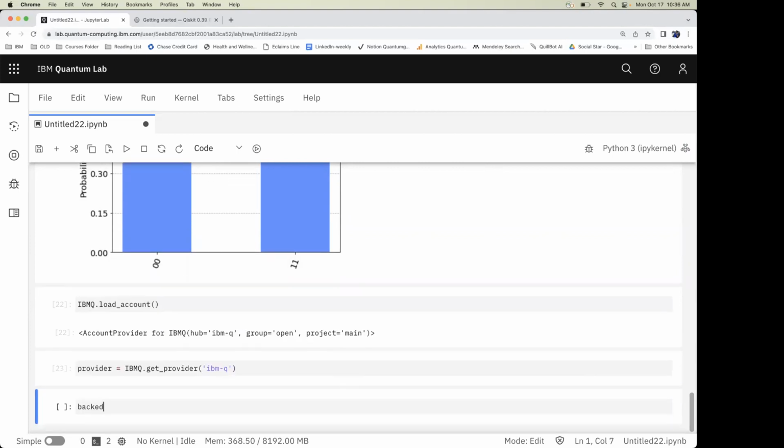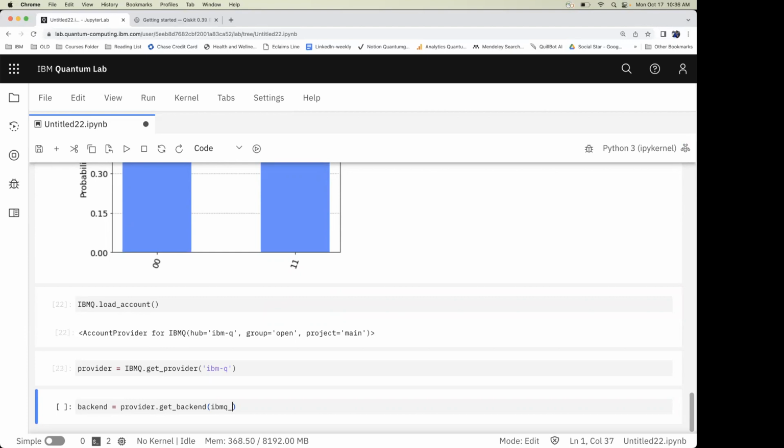So again, we'll repeat the step. Again, we have to change the backend, since the earlier backend we used is a classical simulator, and now we need a quantum computer. So I'll just do provider dot get backend, and I can take any quantum computer. We have a lot of quantum computers on the cloud, and I can use any of them.